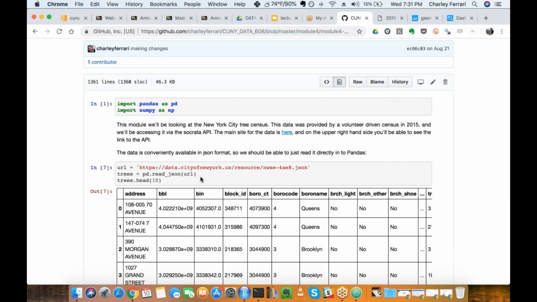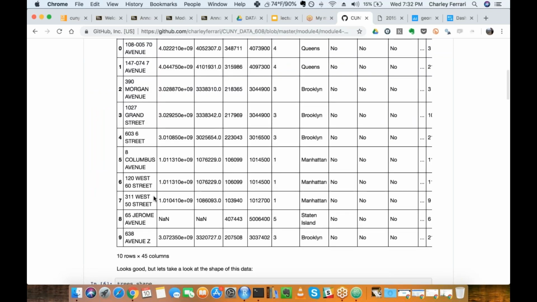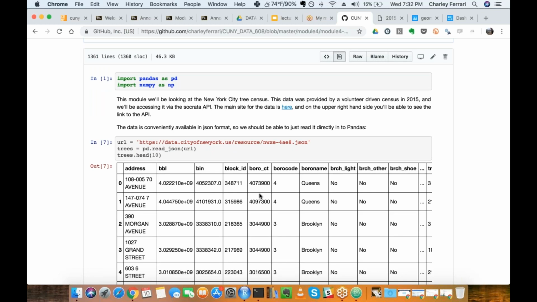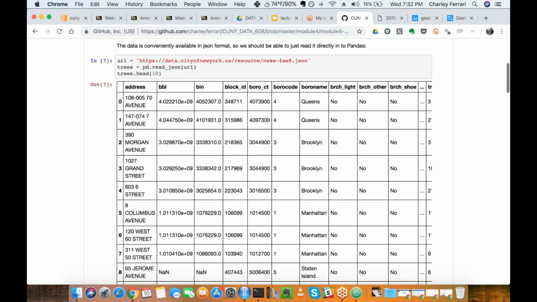And I'm just naively reading in the JSON. So just pandas read JSON on the URL, and I get something. So this is good. It looks like I'm getting all of my columns, and I at least am getting something.